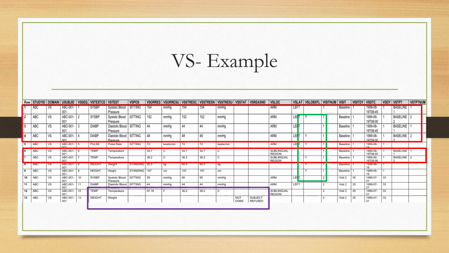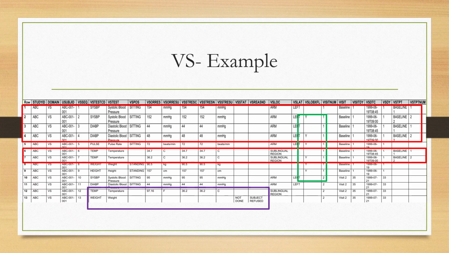So in this case, you can see that the VSSTRESC and VSSTRESN, which are the character and the numeric result, are populated for degree Celsius conversion, with the unit captured in VSSTRESU here, and after the conversion, we can see that the 97.16 Fahrenheit is converted to 36.2